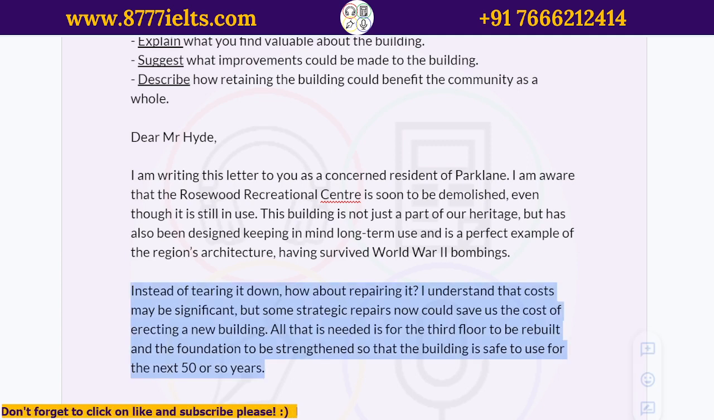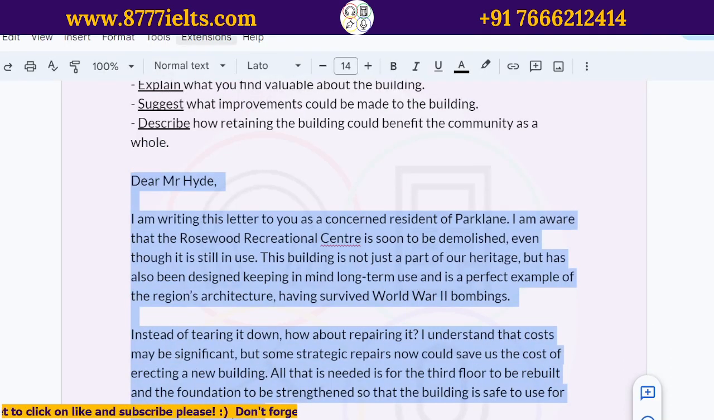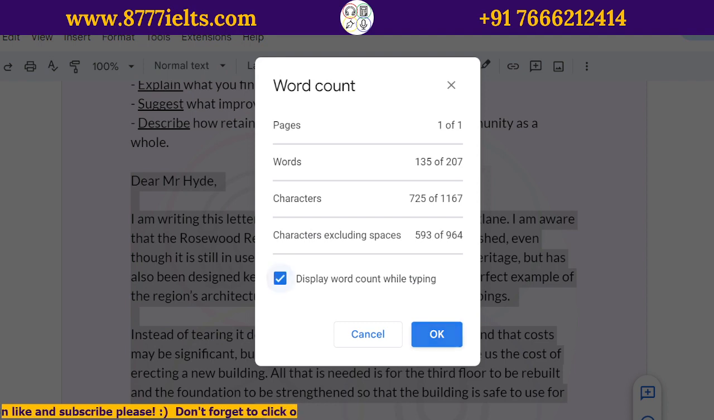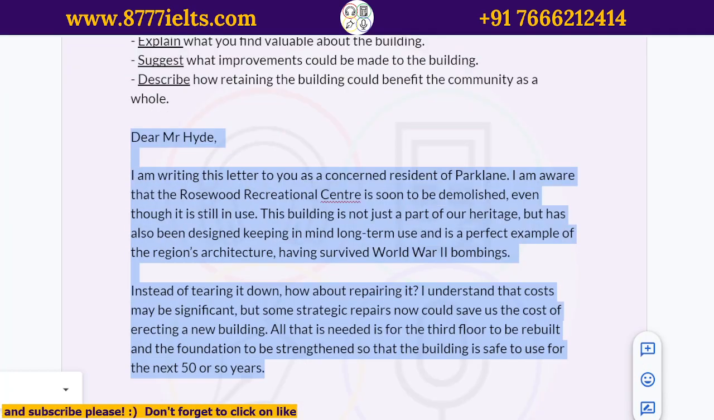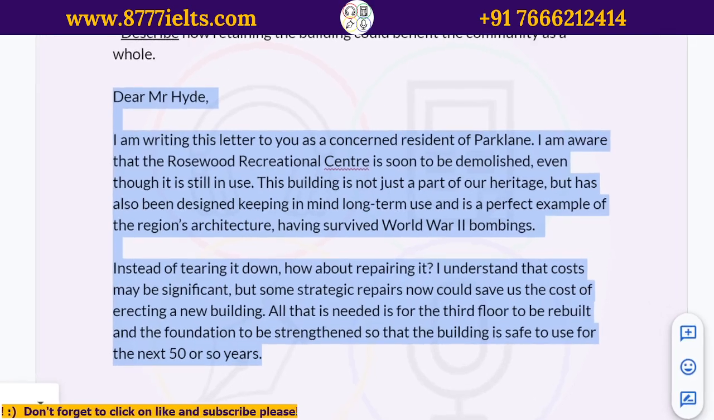Now, see, in terms of length, this is good enough. You don't really need to add more. But if you want to, you can. That's always a choice that's up to you, depending on how much time you have, how many ideas you have, how much effort you want to put in. It does depend on you. So,